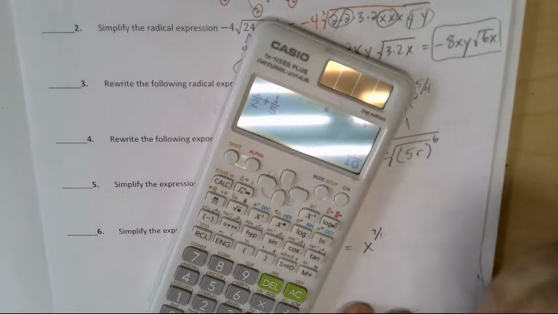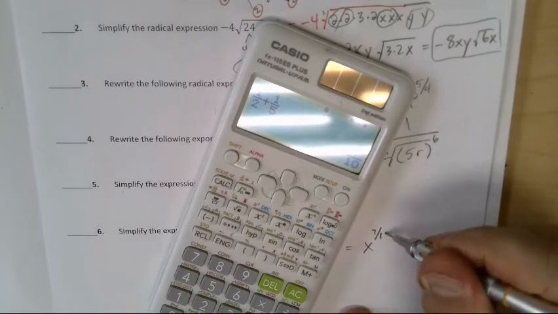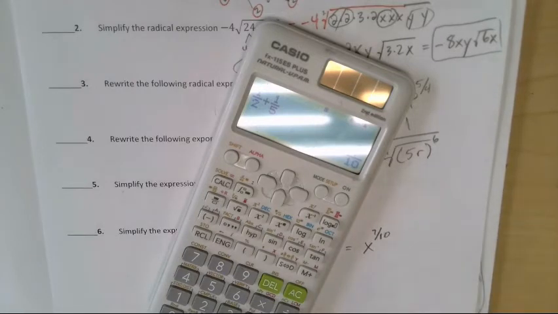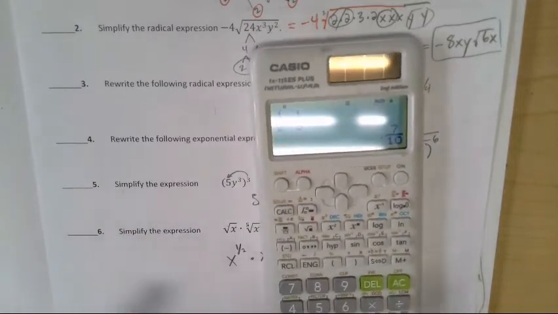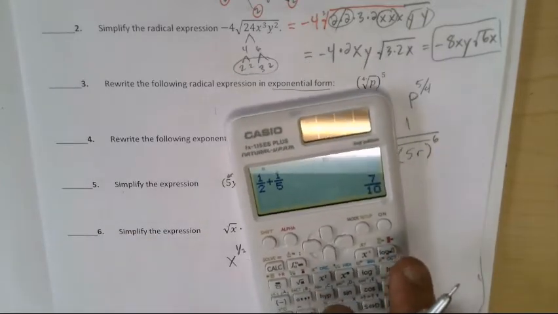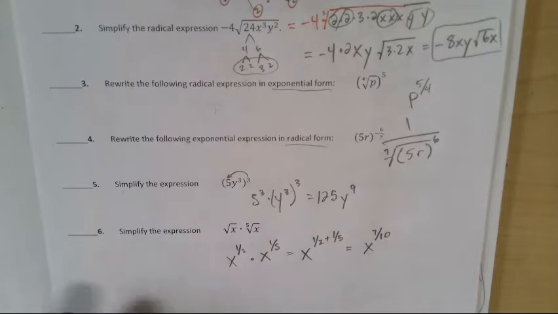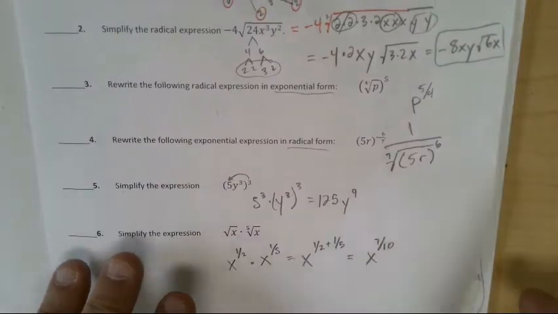I thought it was 7/12. It's 7/10. Duh, because 10 is the common denominator. Okay, so I don't expect you to do that in your head. I do expect you to be able to type it in the calculator or do it in your head. Okay, on the back page,